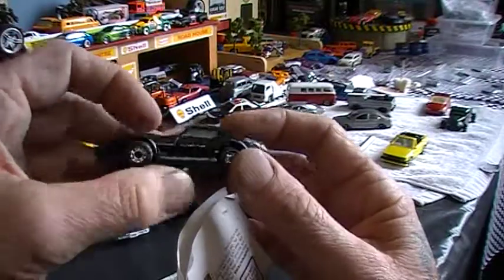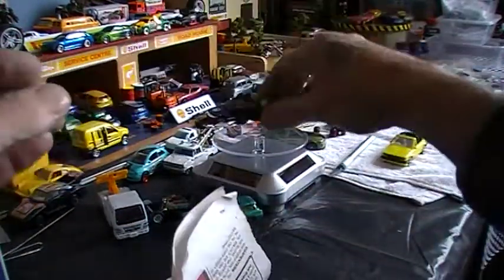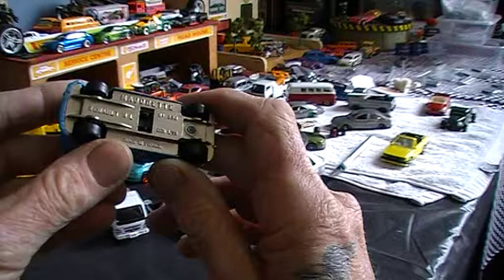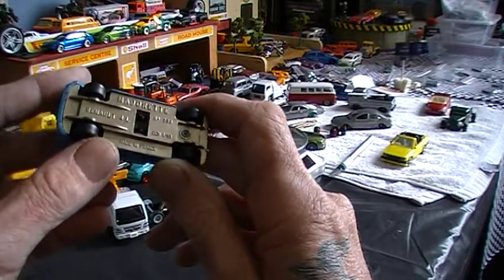Yep. So put that Husky down there. Put him up there. Let's see what else we got in here. Oh, this is the one I wanted out of this box. This one here, another Majorette, made in France, Renault 4L. Yep, number 250 it is. It says it's a